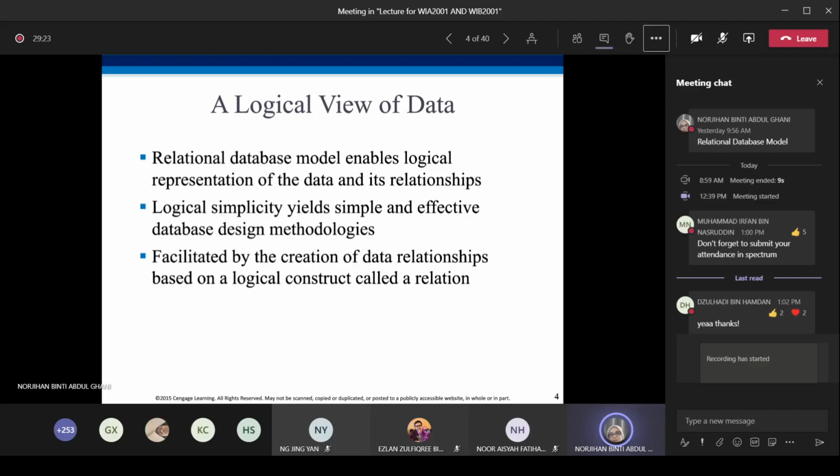In the previous chapter last week, you learned what a relation is. A relation is also referred to as a table. A relation is equal to a table. It is a matrix representation composed of rows and columns. Rows are also referred to as tuples, and columns are what we call attributes. So relations are equal to tables.